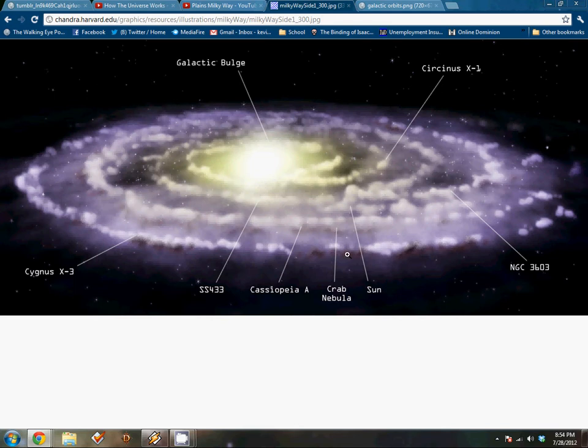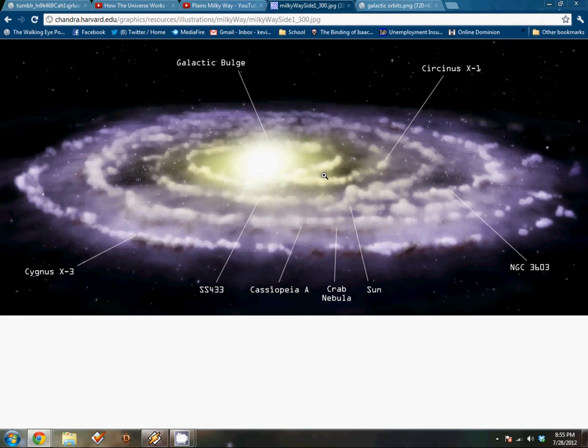Our sun's about 28,000 light years from the galactic core. The galactic core is believed to be a supermassive black hole, but we don't know for sure. There's still some debate on that. The galactic core is surrounded by the galactic bulge, which goes outside of that 1,000 light year disk. Basically, whatever has enough gravity in the center to keep everything 100,000 light years across in its gravity well.